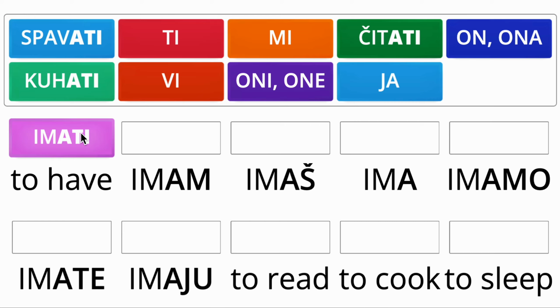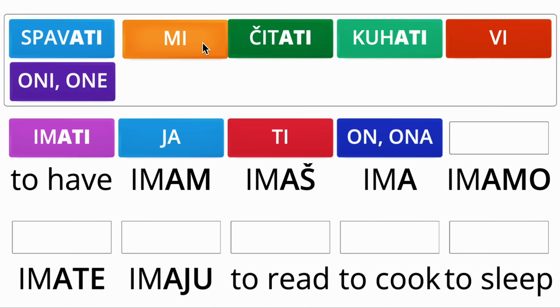So we are dropping ti, a vowel is left, which means we're using endings am, aš, a, amo, ate, aju to make the present tense. Imam, imaš, ima, and plural, imamo,